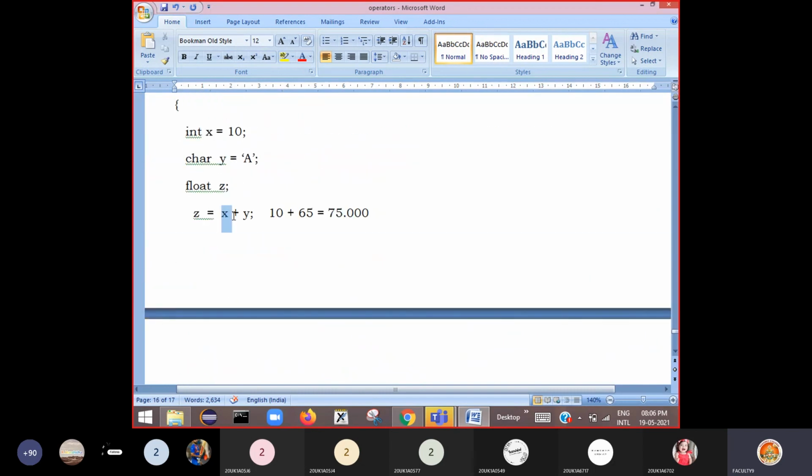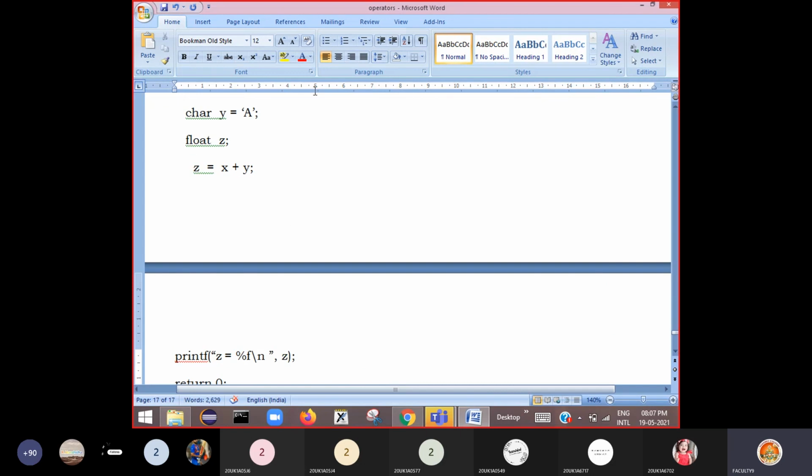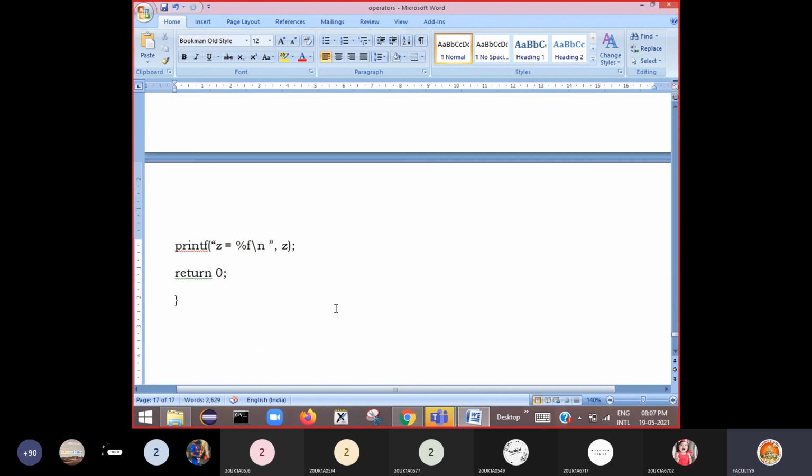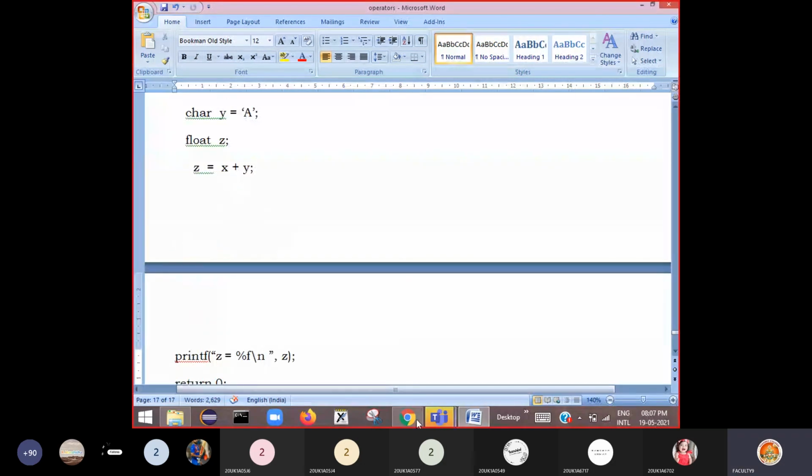In this, first the expression is calculated. X value is 10 and y value it will take as 65. 10 plus 65 is performed, giving 75. Then this 75 will be upgraded to 75.000 and stored in the z value. This is called implicit conversion, and nothing is visible to us. That's why you did not get any error here. Is it clear? This is implicit type